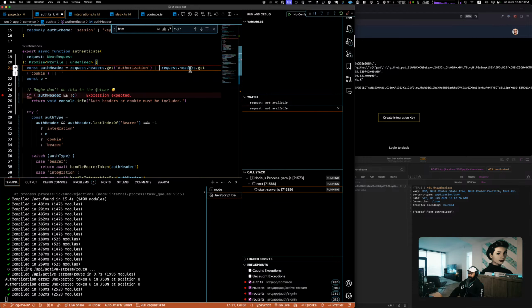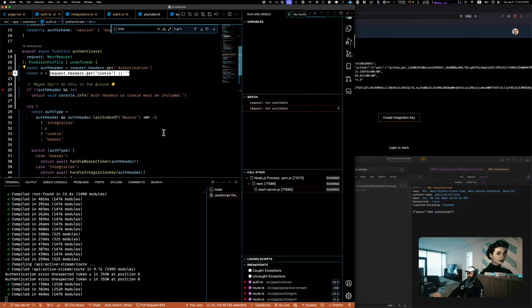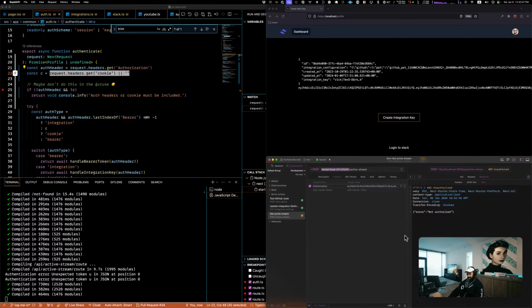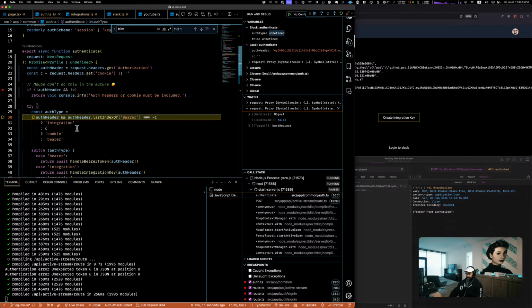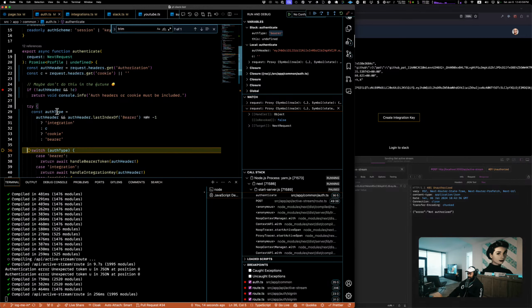So we could say the auth header is equal to whatever this is, get the authorization, or this one right here. Now, what may be smart to do is to do my bearer stuff here, and then I can just check to see if this particular thing has a value. I'm not gonna do that right now though. I'm gonna get it working the way that it is. Then I can go back and refactor later. All right, let's do the thing again, just to recompile. So now it should be C, which should be empty, right? And now we should get back a bearer value, hopefully. The auth type, yes, we do.